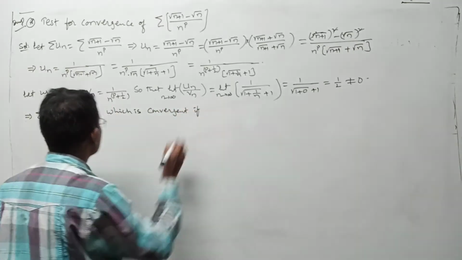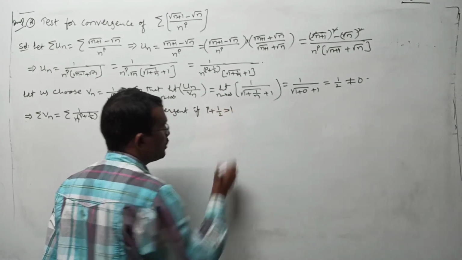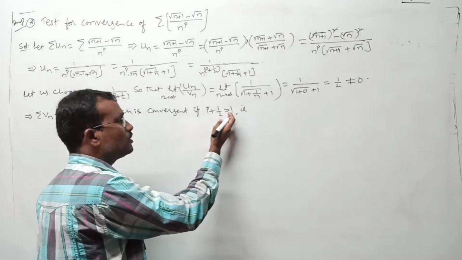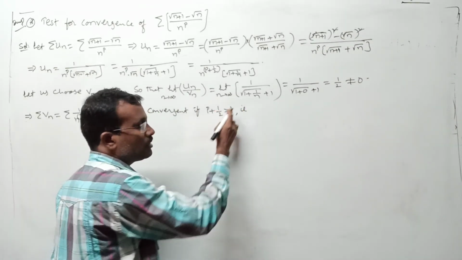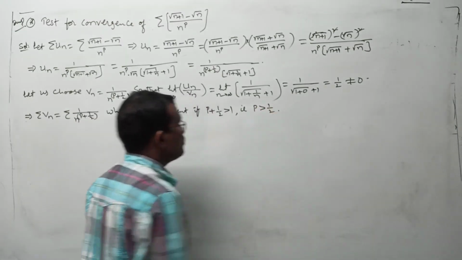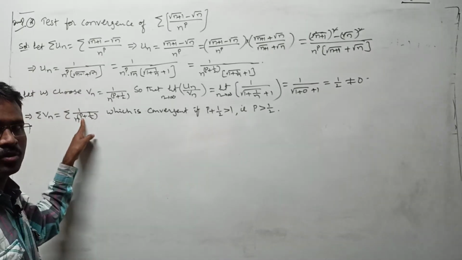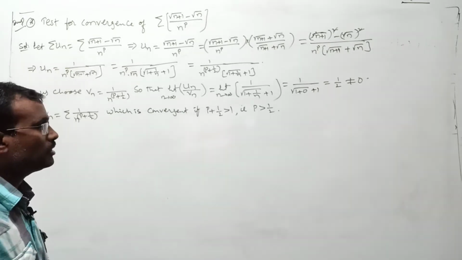if p plus 1 by 2 is greater than 1. That is, take this one to the other side. P is greater than 1 minus 1 by 2, which is 1 by 2, or not? P is greater than 1 by 2. That means whenever p value is greater than 1 by 2, you can take any constant, this series is convergent